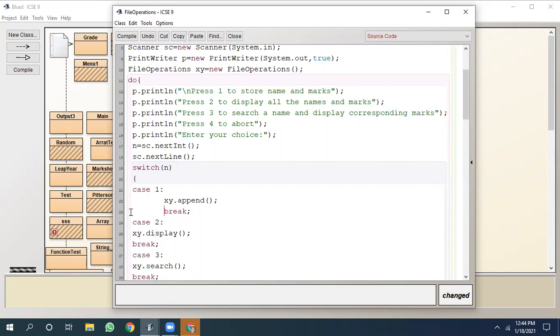Indenting has no effect on the logic of the code. You see, unlike Python, Java, C, C++ are free-form languages. Here, the spacing doesn't matter. However, indentation is required for our own benefit.